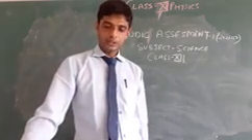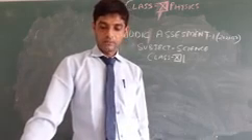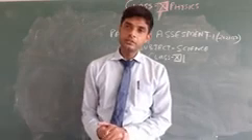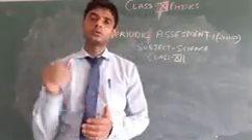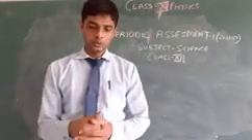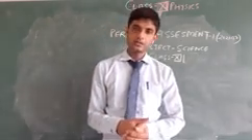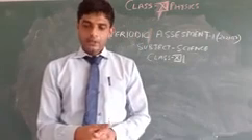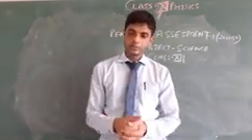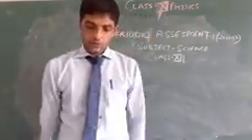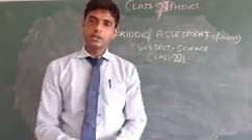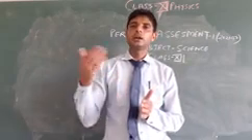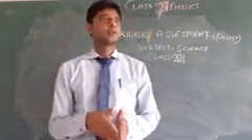Question number 5: the plane sheets of charge densities plus 6 and minus 6. As you know, the unit of surface charge density is Coulomb per meter square. They are kept in air, and this diagram is given. You have to find the electric intensity at points A and B. The B point is inside the plates and A is outside the plates.